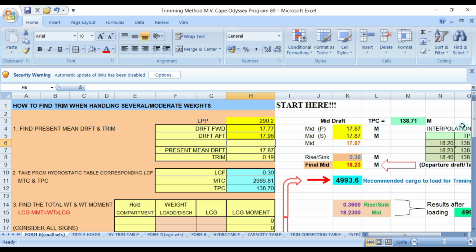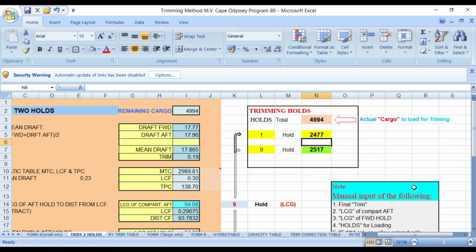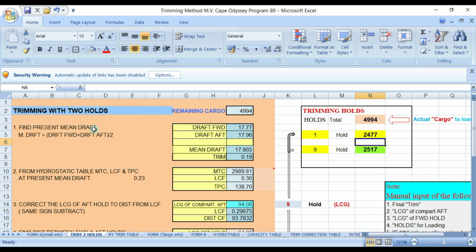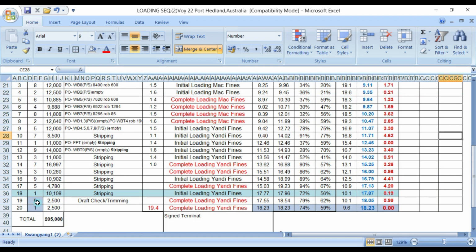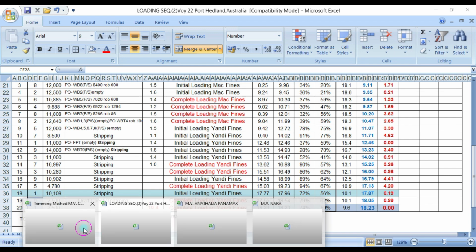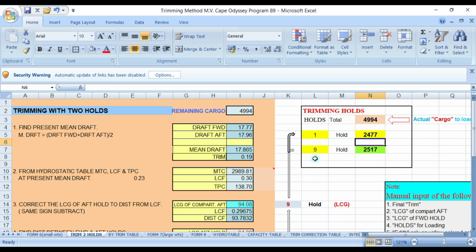Okay, then we go to trimming with 2 holds. Okay, according to your loading plan, your trimming is hold 1 and 9. So you put here 1 and 9.